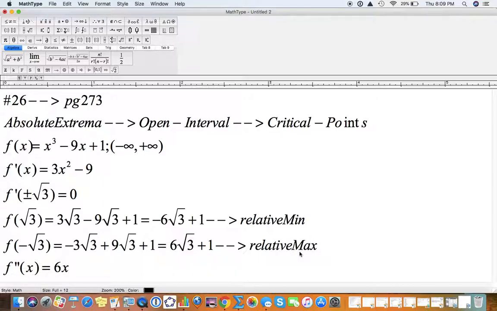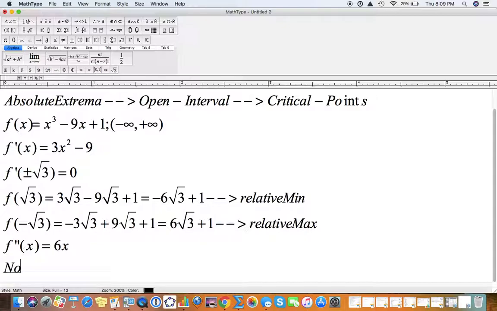So the question here is, are these absolute extrema as well? Going to the fact that I know it's a cubic function, on the left side it starts at negative infinity, and on the right side it ends at positive infinity. And so these will only be relative mins and maxes. We will have no absolute extrema,